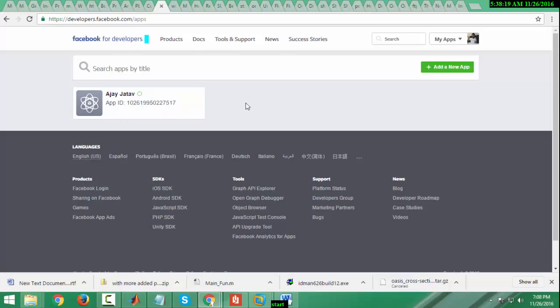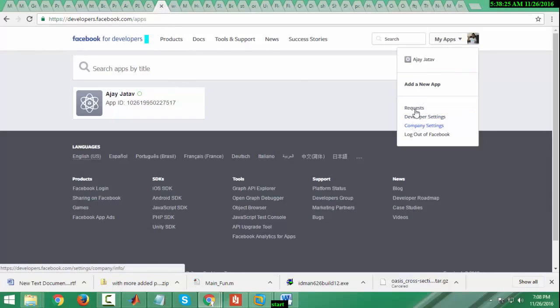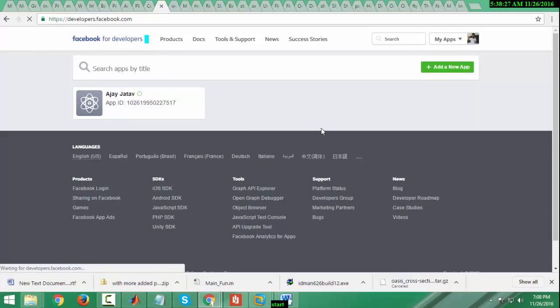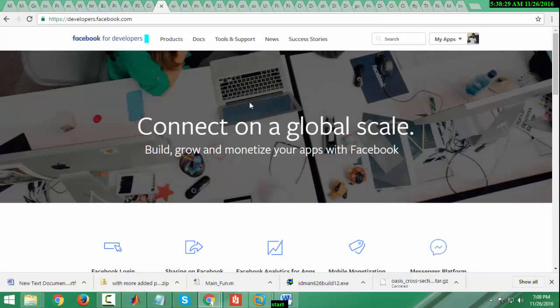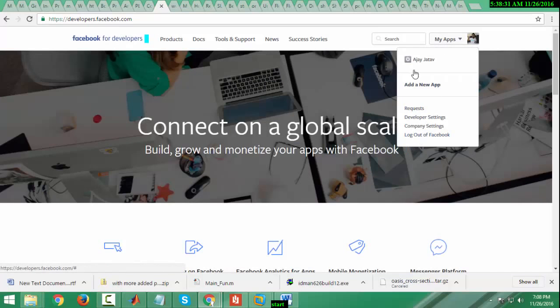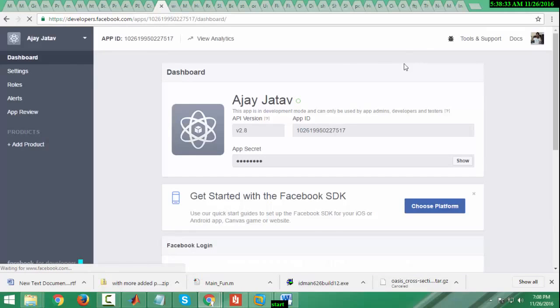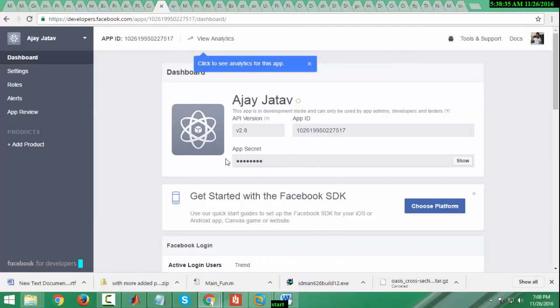Correspondingly, you will get an app secret. If you move to the dashboard here, you will get the app secret from here. For security reasons, I cannot display this.